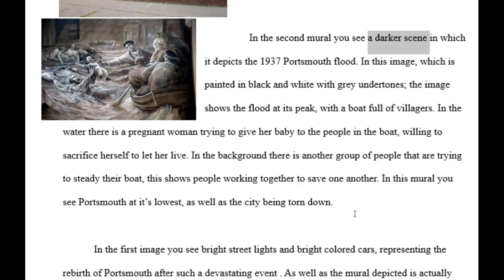As far as other criteria, there's other things I need to tell you about just because they're important for the assignment, but I don't think you necessarily need to think about them just this minute. But you do need to have your thoughts organized a little bit. So there should be a reason why you're going from colors to visual details, or from colors to facial expressions, or whatever methods you're using to say that the mural's got this particular idea across. There needs to be a reason why you're going from one idea to the other. So if you're going from colors to